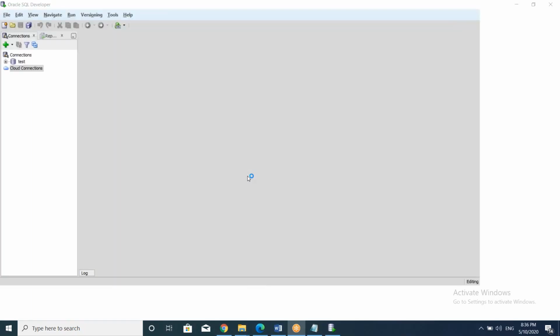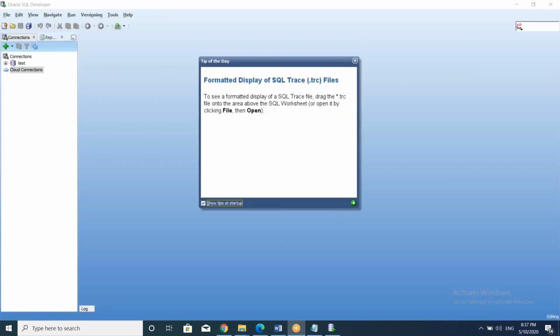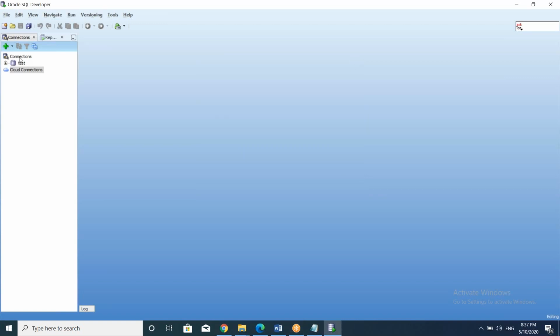Okay, and why will we use this Oracle database? Because in most companies, around 70% of projects are using Oracle database only, and the rest 30% are using all kinds of databases, DB2 or MariaDB or MySQL, Postgres, Teradata. So those are 30%, and mostly used are Oracle database and the SQL Developer tool. So here I open the SQL Developer tool.